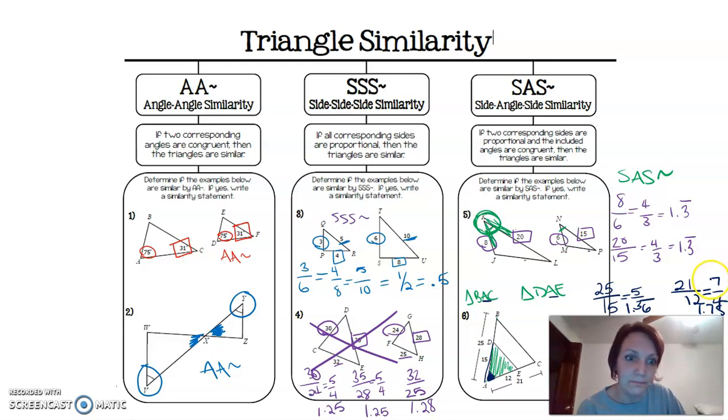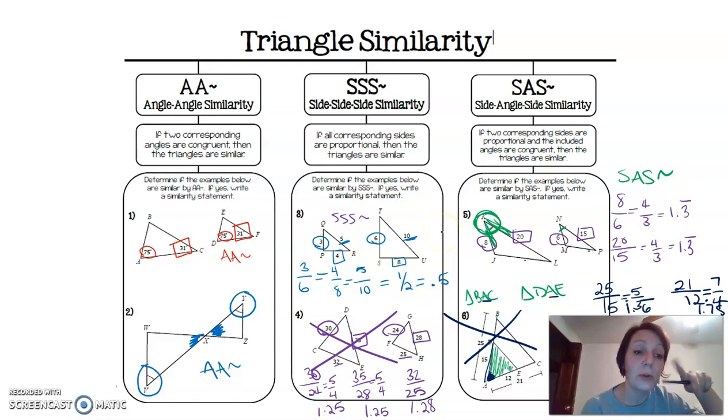They don't match. Okay? If they don't match, the fact that they gave you enough information to create those two ratios makes no difference. I have two side ratios that don't match. This is not similar. Okay. So those are your three theorems. You have to have at least two sides. For congruency, you only needed one side. For similarity, you have to